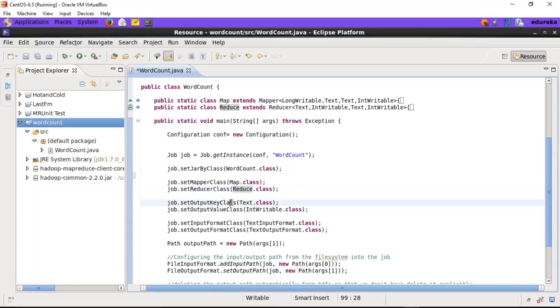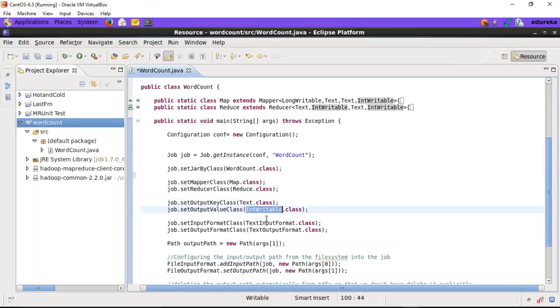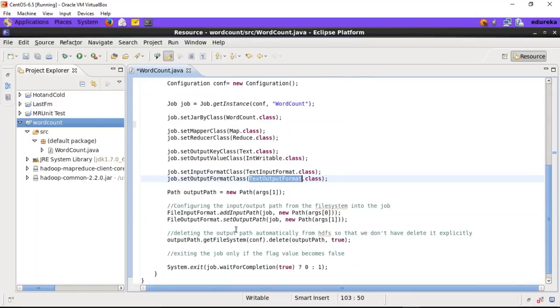We need to set the output key class. The output key class was Text right here, because the output that was received was of the text format. The output value class was of type IntWritable. The input format class was TextInputFormat, okay, and the output format was TextOutputFormat as a whole, okay. Finally, right here I'm setting the input path of the input file that needs to be used by